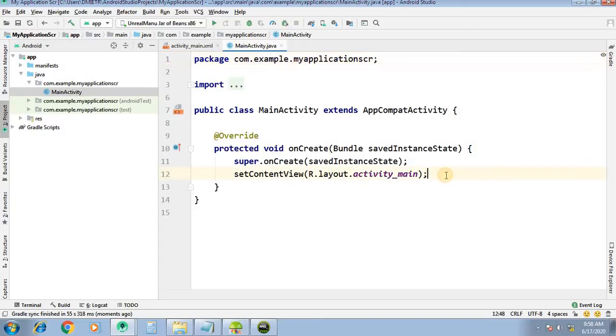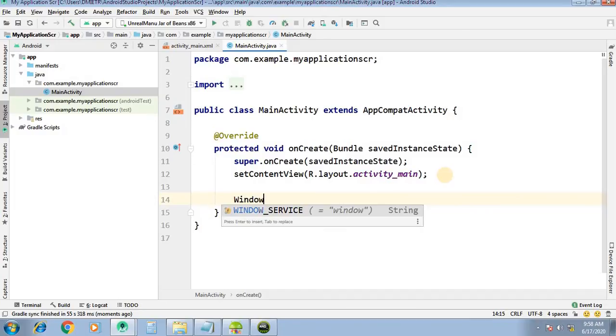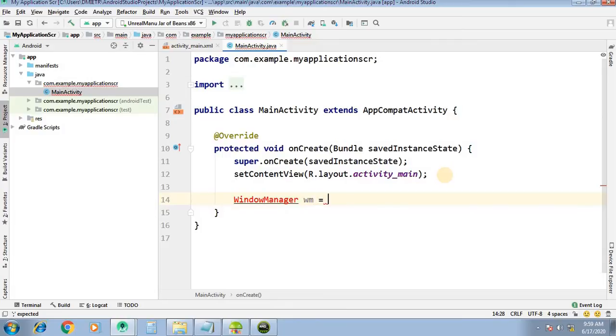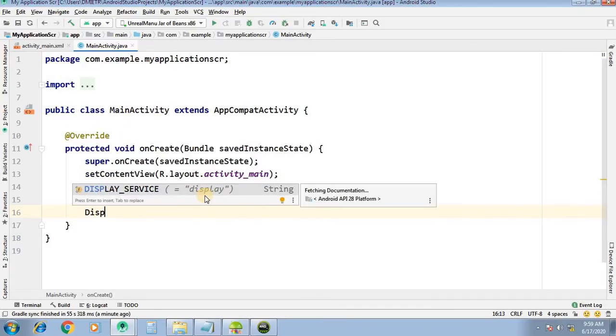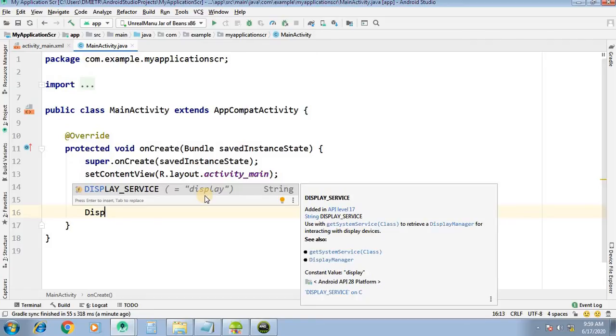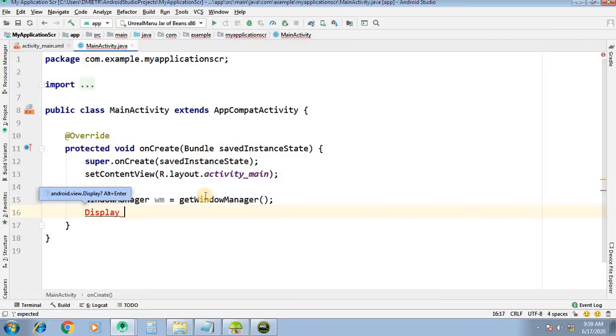Here we will create the object of window manager. Import the class, Alt enter to import the class. So here getWindowManager, then we will create the object of display, d.